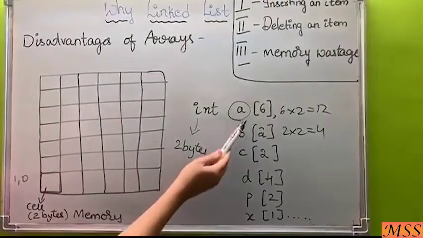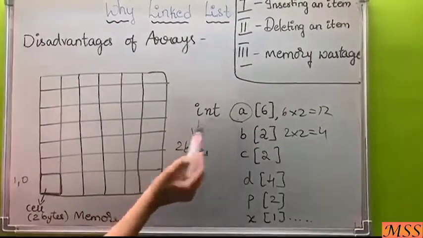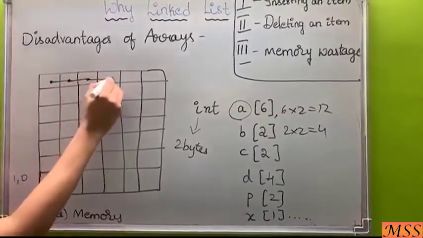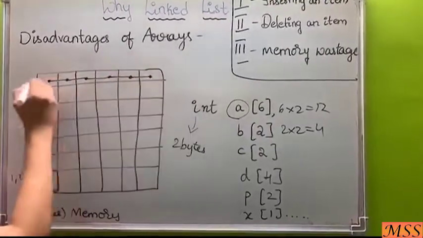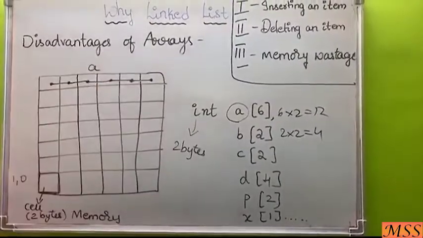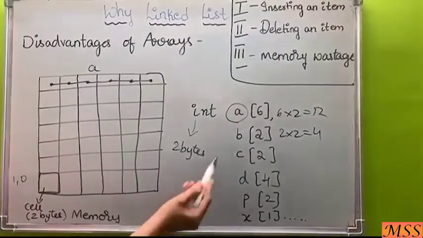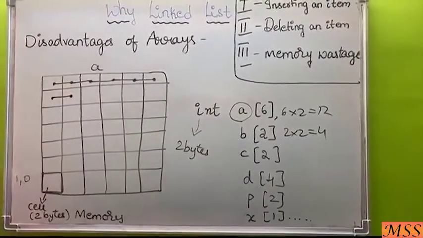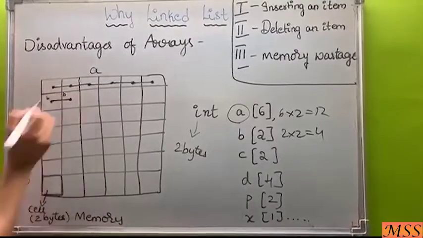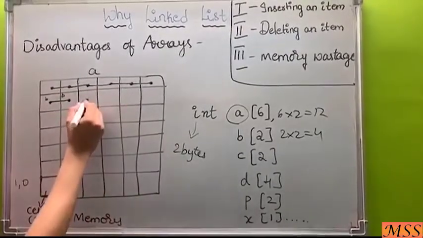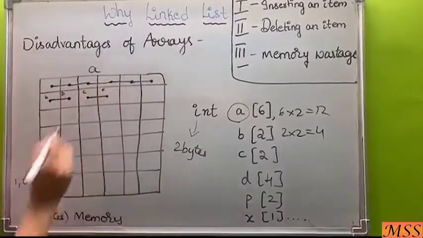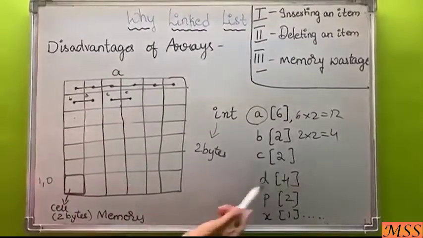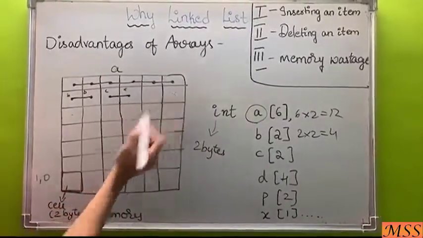So let us insert the values. The first one is a of 6: first, second, third, fourth, fifth and sixth. All these cells will store the value of a. The second one is b of 2, so these cells hold the value of b. The third one is c of 2. And the next data is d of 4, so 4 2s are 8. Here we have 2 empty cells in the memory.